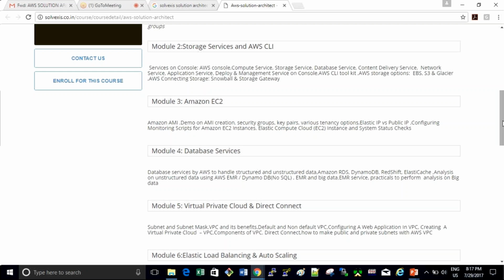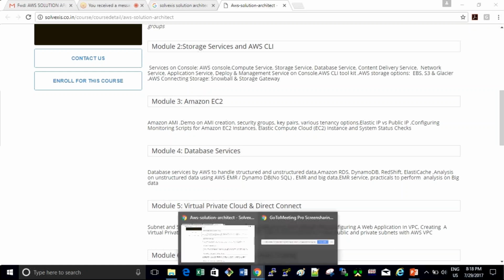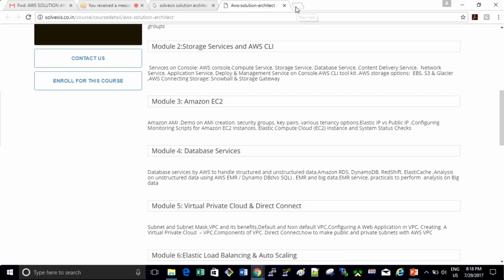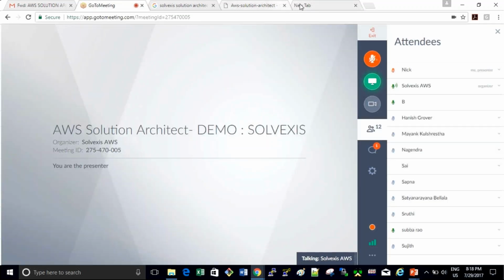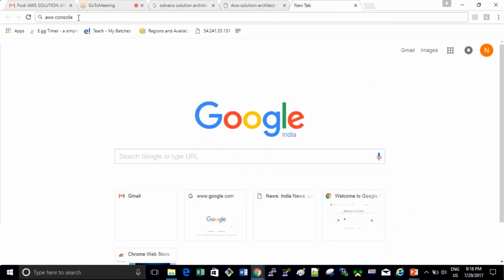Okay, you are telling that it's similar to the Oracle Exadata, right? I'm not sure about Exadata and all, but it is more like when we talk about Oracle. For Oracle, I need to physically set up everything, right? But for Amazon, I don't need to do that, right? So, Nick, is it possible for you to show a console? I think that gives him a very good idea of what we are talking about.